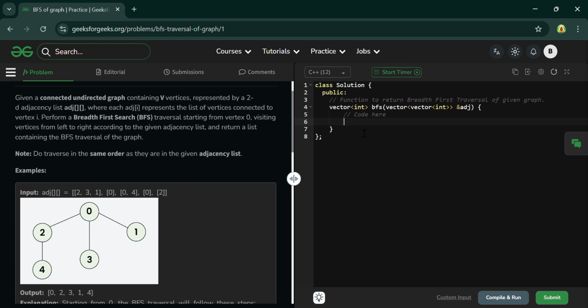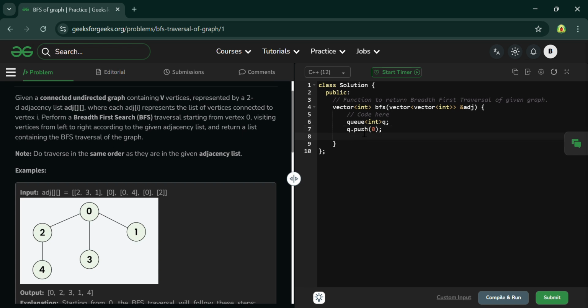Okay, let's do this. First you have to create a queue of int, q, and then you just have to push the 0th element, which is the root, with q dot push. And int n equals to adjacent dot size,